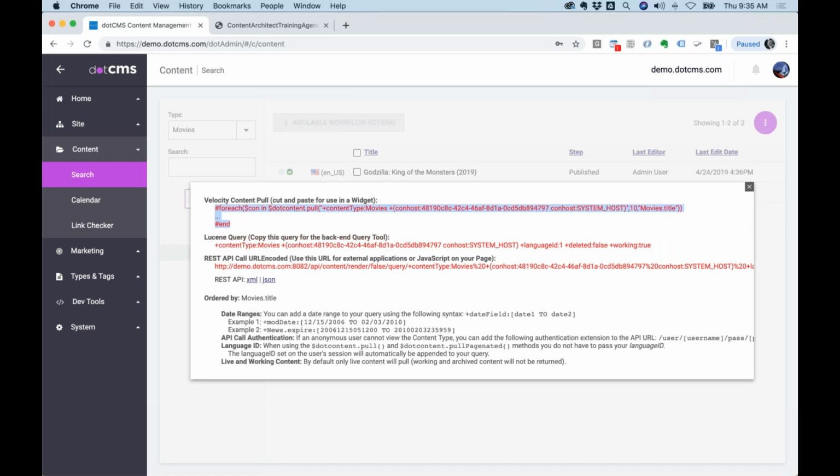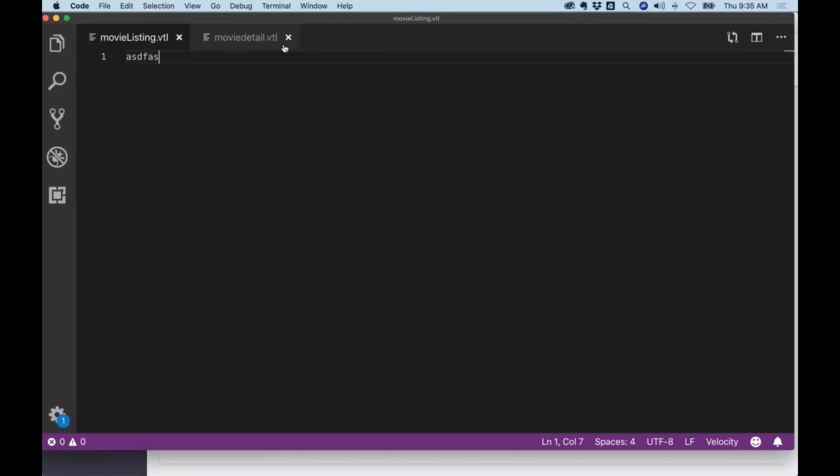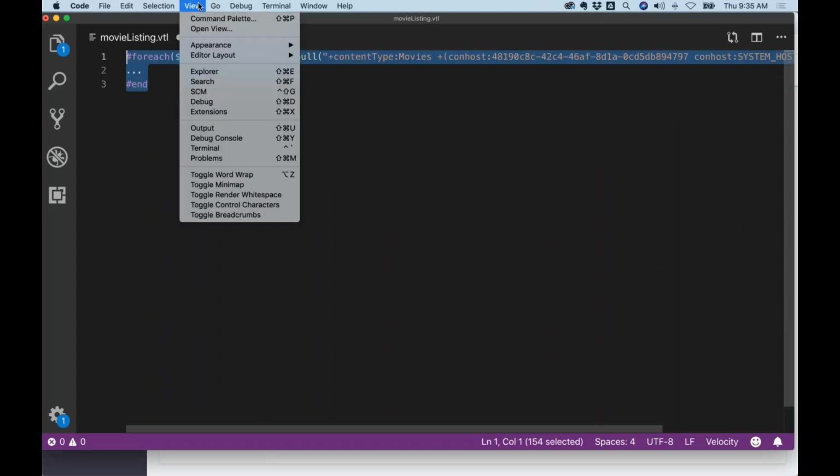So I'm going to copy that out. I'm going to stick it right inside my movie listing VTL, and then we're going to include these VTLs on our pages. And so I want to do for each movie in, and I want to view